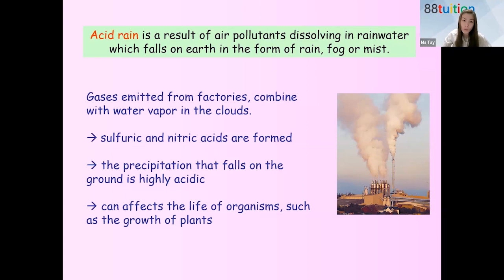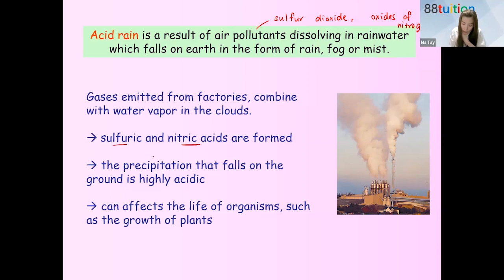So what is the cause of the acid? I think I did mention this part. Maybe I will write it down as well. So what are the air pollutants that cause acid rain? Sulfur dioxide. The other one will be oxides of nitrogen. When these two dissolve in the rainwater, you get sulfuric acid and nitric acid. Sulfur dioxide, oxides of nitrogen. The respective acids will be sulfuric acid and nitric acid.